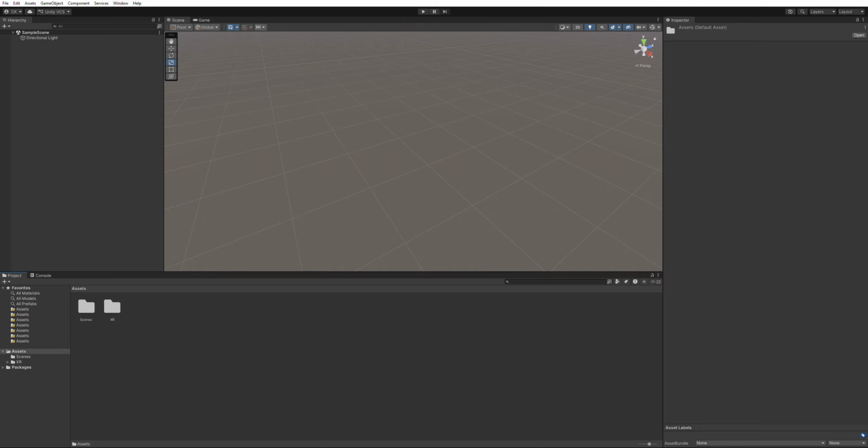Go to Window. Go to Package Manager. Click this little plus right here. Go to add package from git URL. Then you guys gotta really pay attention. So you're gonna search up